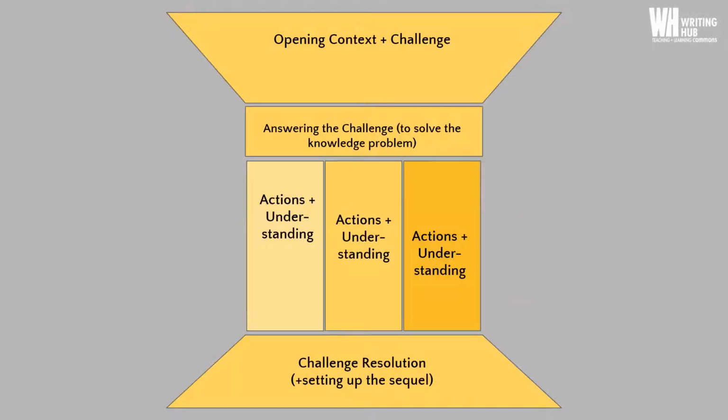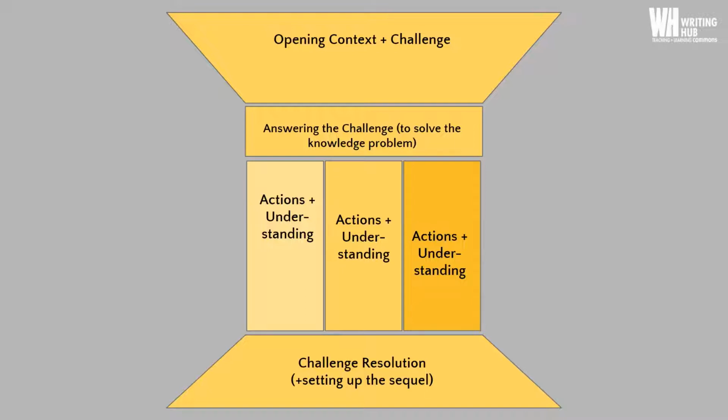So here it is, the narrative structure for your entire dissertation. Notice that it is the same diagram. You have the opening context and challenge at the top, answering the challenge toward the middle, but in the middle of the narrative structure, instead of having one space where there's action and understanding, there's 3. So this is what I would call the chapters, the substantive chapters of your dissertation. You might have 3 substantive chapters. You might have 2, you might have 1, you might have more than 3. It all depends on your department, your program, and your particular research context. But I'm using 3 as just a basic example here.